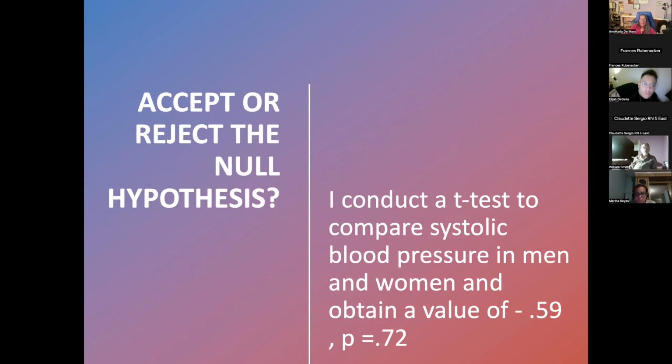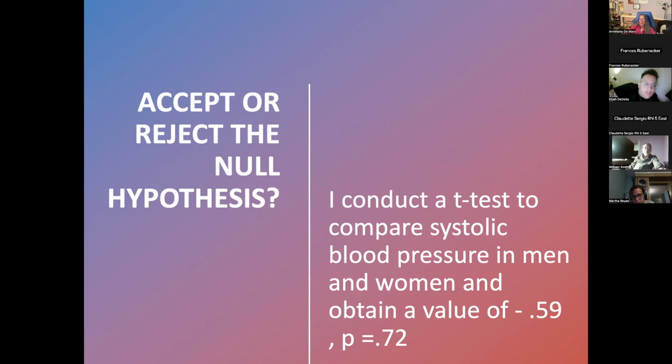So another one, I conduct a t-test, compares systolic blood pressure in men and women. I get a t-value of negative 0.59, p equals 0.72. Would I accept or reject the null hypothesis? Another really difficult question. Is 0.72 greater than 0.05? Yes. Right, yeah. So 0.72 is greater than 0.05, then you would accept the null hypothesis, because 0.72 is